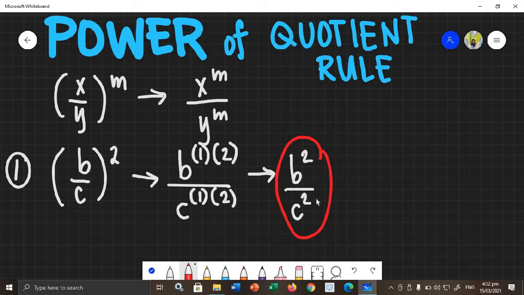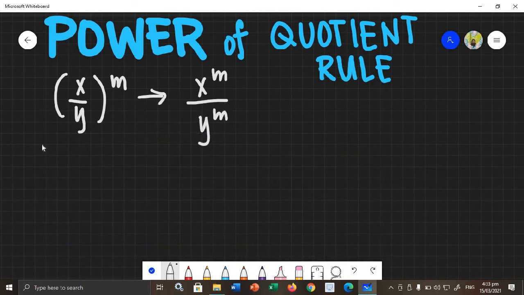No, we cannot subtract their exponents because they do not have the same basis. So, B and C, yung basis nila. So, technically, we cannot subtract their exponents. So, the answer is B squared all over C squared. Okay? And then, next example, let's say we have